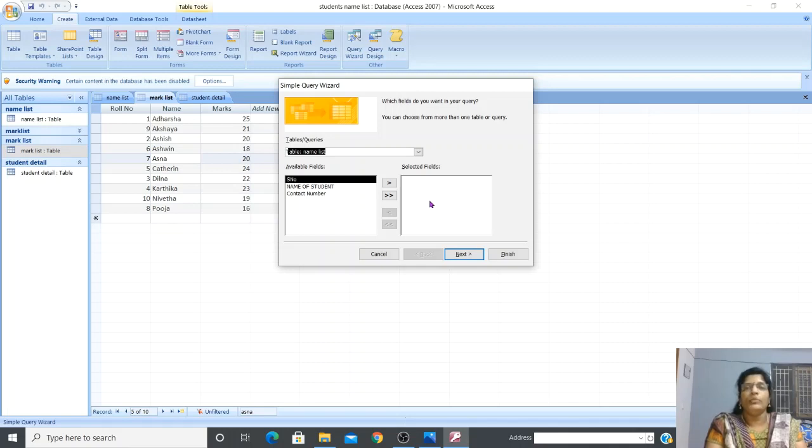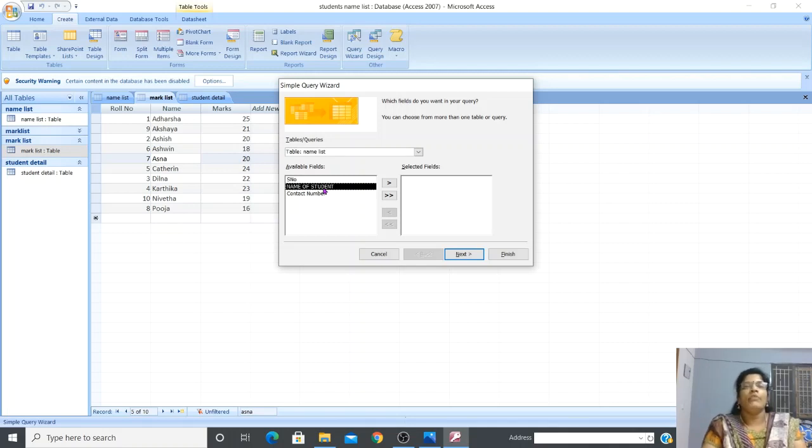What you have to do is, you are creating a query. So in your query data, what are the fields you would like to include? You may want to include all the fields, or any one field or 2 fields. That's your choice. According to your query, you can choose it. Now I want to display only the name of the student.